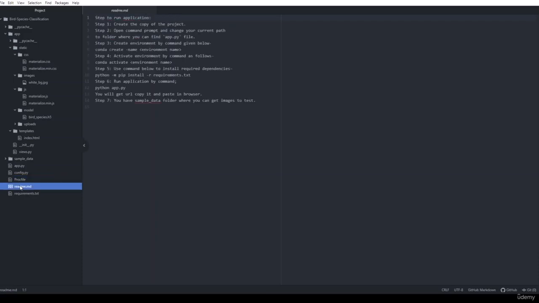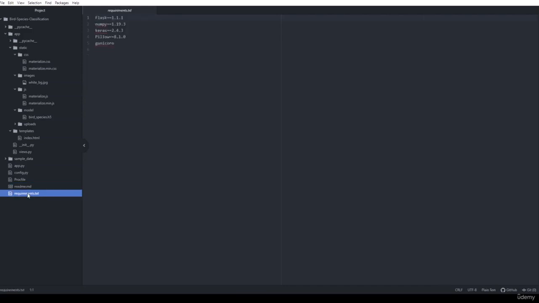This is the readme file. It contains all the information that I am telling you. And after that, we'll see the requirements.txt file. A requirements.txt file contains all the dependencies, the libraries which are used in this project. We can create this requirements.txt file using the command prompt. Let me show you how you can do that. You just need to copy the path of the folder where this project is stored and open the Anaconda command prompt.